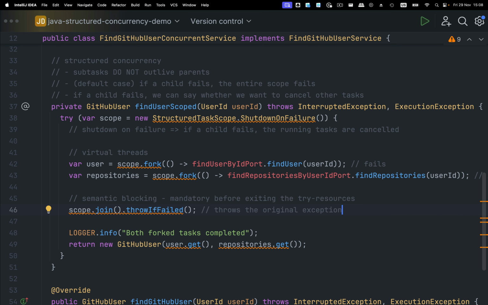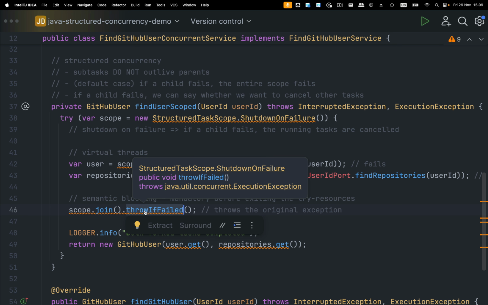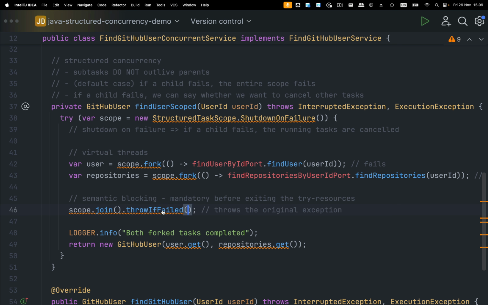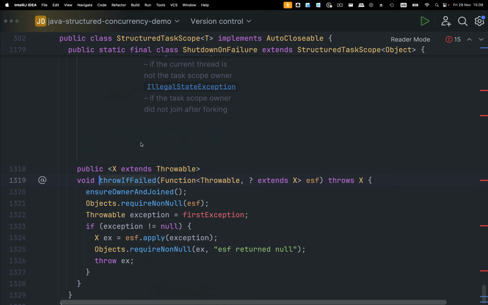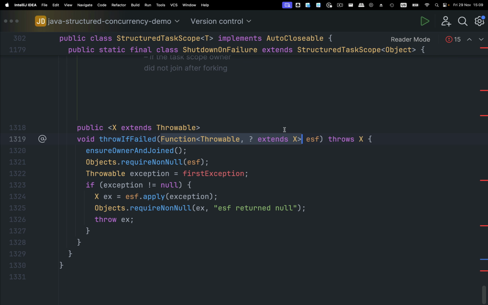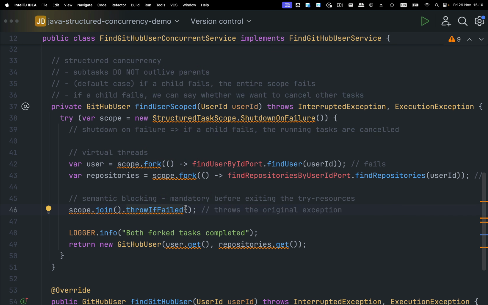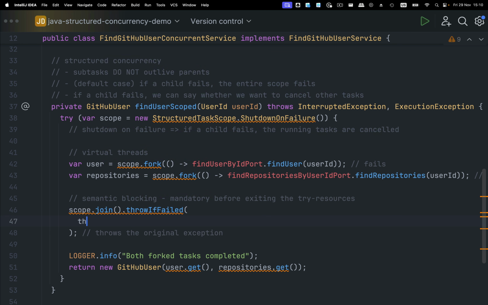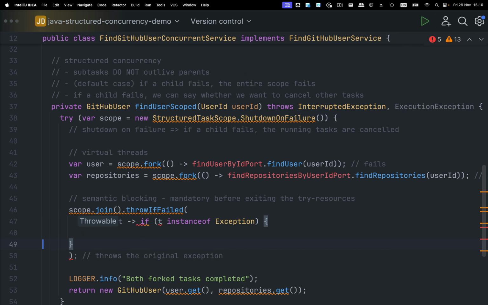Even more than this, you can control what kind of exception you want to throw. So you can control what kind of exception to treat and what kind of exception to throw later. Because the throwIfFailed function has two overloads, one which looks like this and one which takes a lambda. So throwIfFailed, look at this, we have a function from throwable to something which can return a different kind of exception. Okay, so you can say throwIfFailed, for example, throwable or T arrow, and then you can treat this exception to say if T instanceof Exception, maybe handle this exception, so you can handle